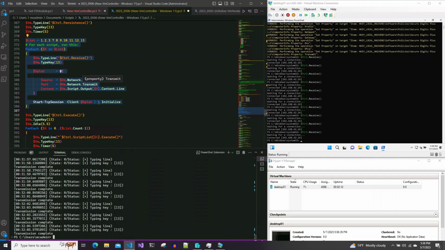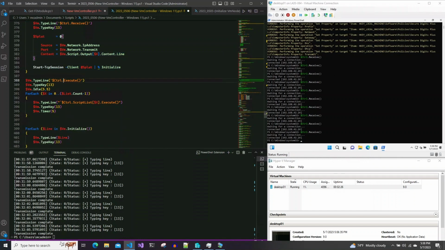Right, and the reason why I've divided them out is mainly because, how can I put it this way? If I send over an entire script and then it fails at some point, it's going to prevent other steps of the script from working correctly. Whereas with this, I can actually have some control over what sort of issues it might have. And then every single time that the transmission completed, it says that. Right, so it's loaded all those things into memory,